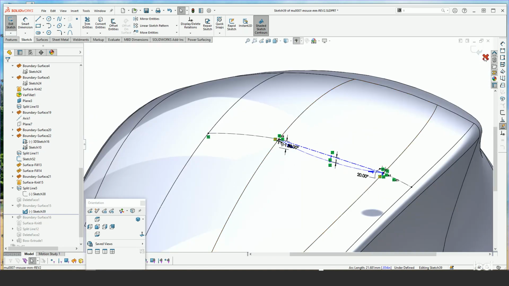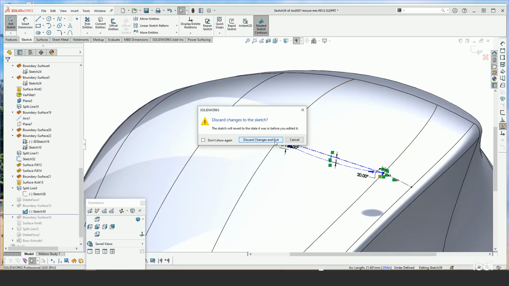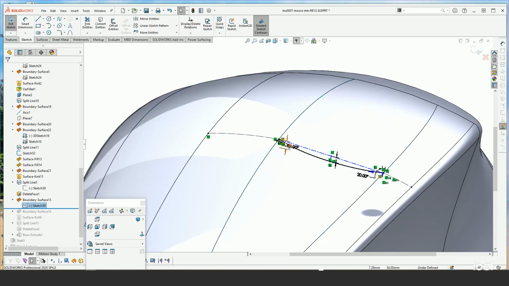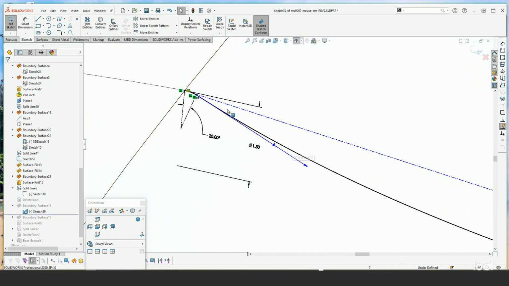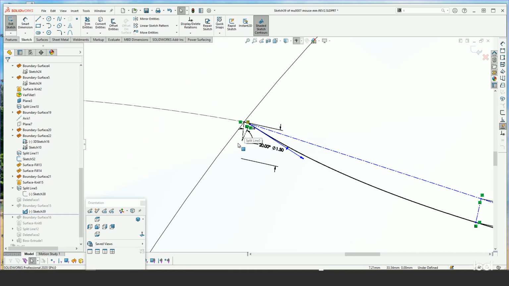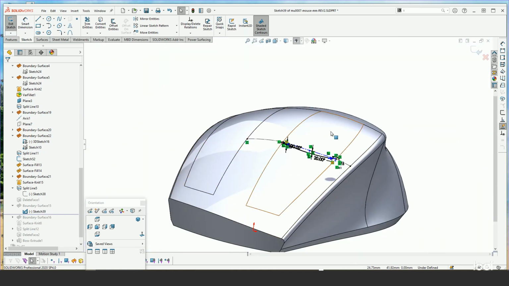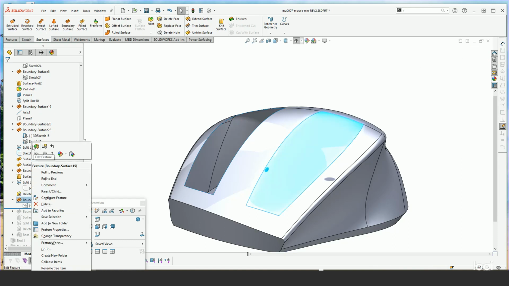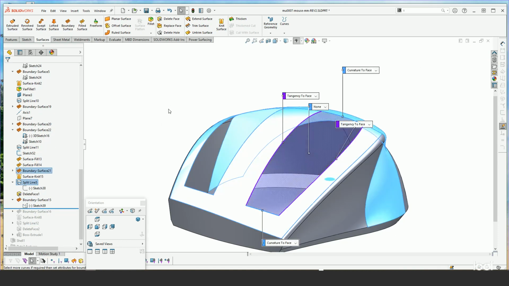So with that 3D, let me just exit out of that sketch. We did a fit spline over that. That was important, by the way, is with those 3 sketch arcs, I created a fit spline over it, so it's just one continuous curve fitted. And that way I think we're going to get a better result by doing that. So with that, we have the basis for creating our